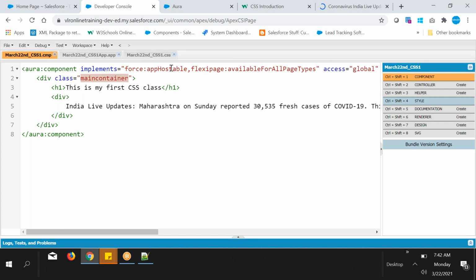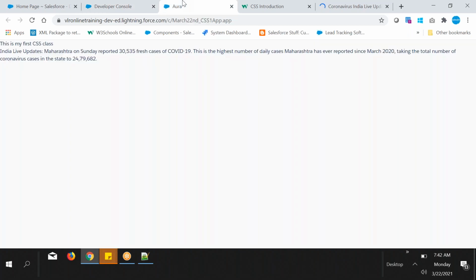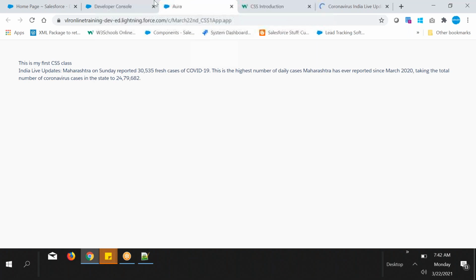Main container, margin simply can be 50 pixels.